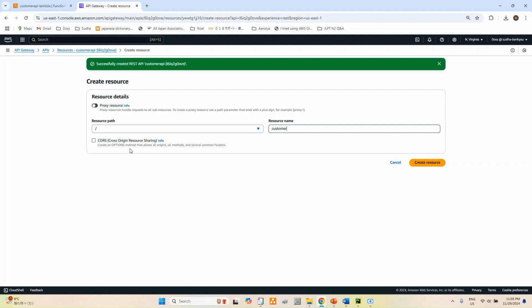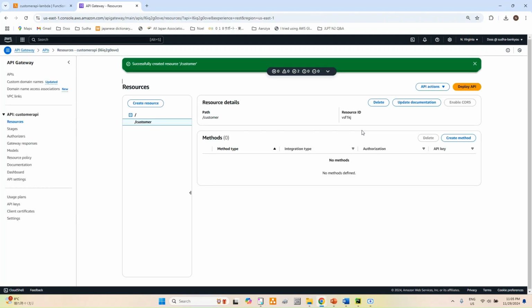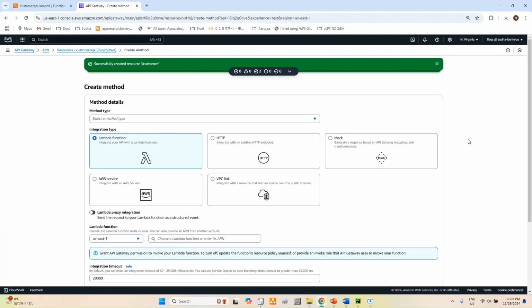Then, here is cross origin resource sharing. I will not use this for this tutorial. So click create resource. Now the resource has been created. Next, we need to create a method: get, post, put, delete, and so on. So click this create method and